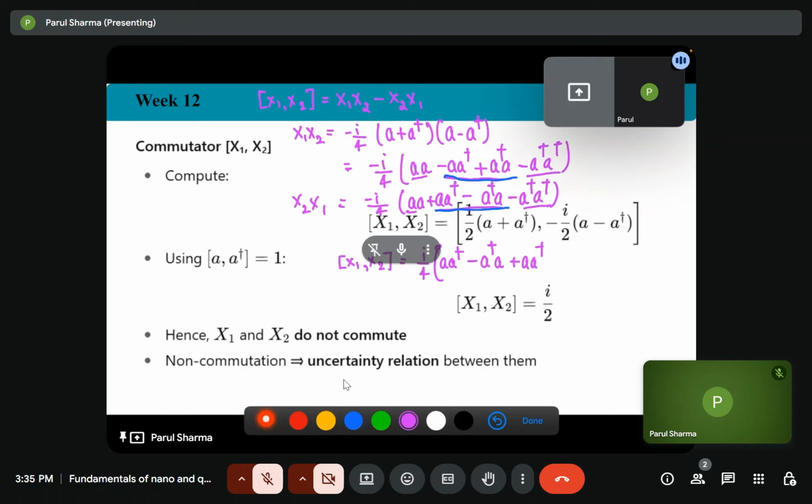So a dagger a minus a a dagger. It will give us iota by 2 times a dagger a minus a a dagger. So this is the